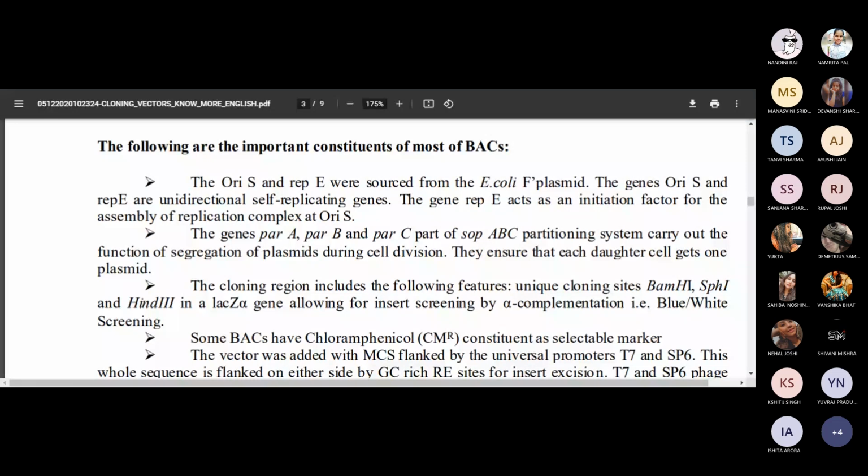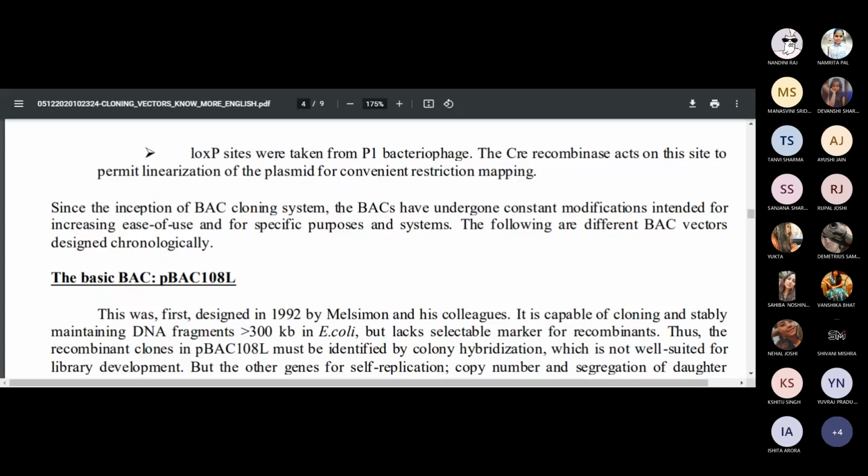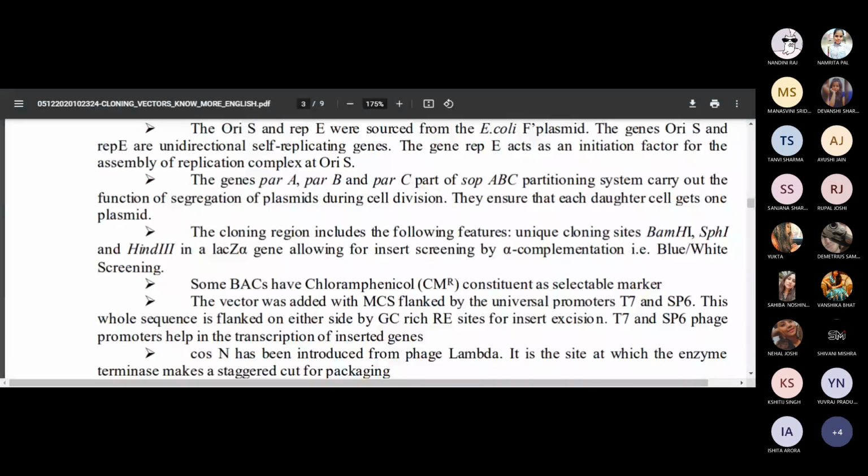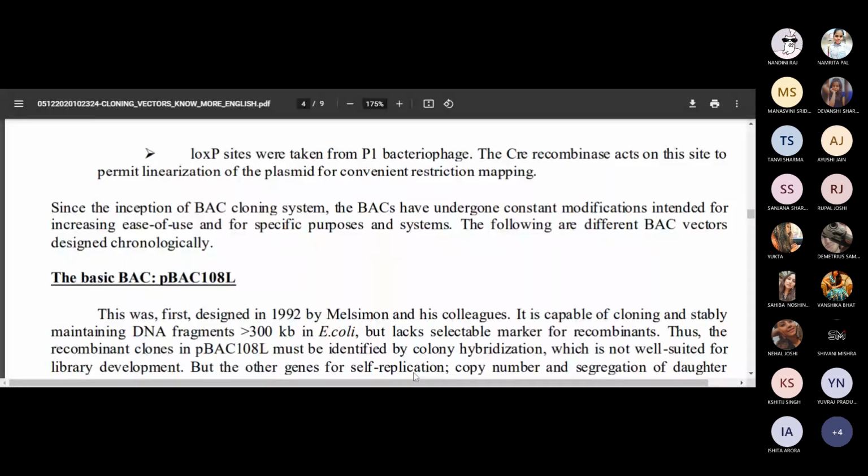Okay, so loxP sites we are also taking from bacteriophages. One more thing you should keep in mind is the pac segment that you need. So why are we taking this segment? So that they get packaged into the phage. How is it going to help you? This phage packaging is going to help for the purpose of transfection. The main issue when we are referring to the plasmid is that when the DNA is larger in size, then it becomes difficult to transform. It becomes difficult for the cell to carry it. So now we have to design a mechanism by which it can be taken up by the cell.